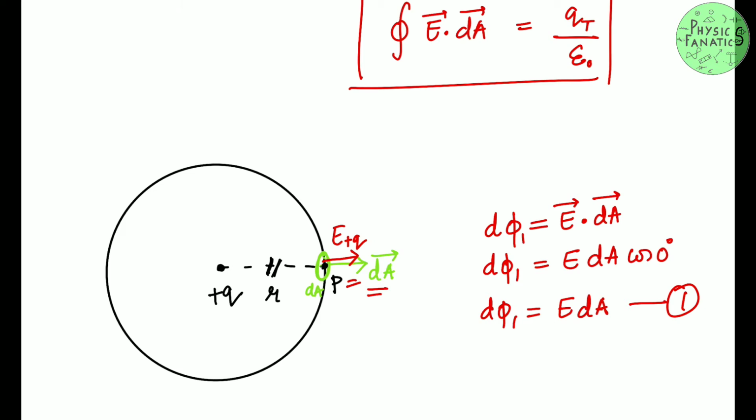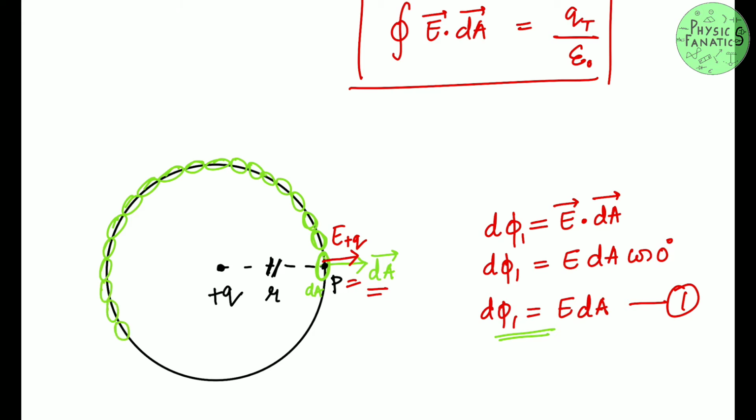Okay, now my question was to find out the net electric flux that is passing through the entire sphere, right? So what I did till now, I'm only talking about a small point P, yes or no? So all I have to do is make these small area vectors throughout the sphere. Can you guys get it? It's like I'm making small area vectors throughout the sphere, and I will find out the flux throughout the sphere.